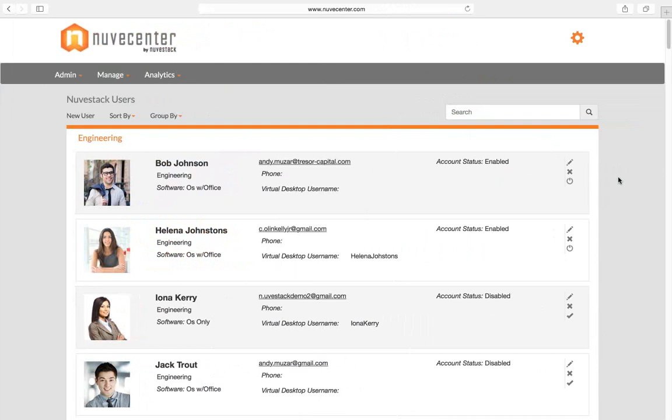Sure. So, our philosophy is very holistic in that we take care of you from end to end. Once you sign up as a subscriber with us, we'll go through an onboarding process where we get all of your users in the system. We virtualize your apps, migrate your data and documents, help you set up your email, help you set up printing, and help you set up your thin clients or other endpoints.